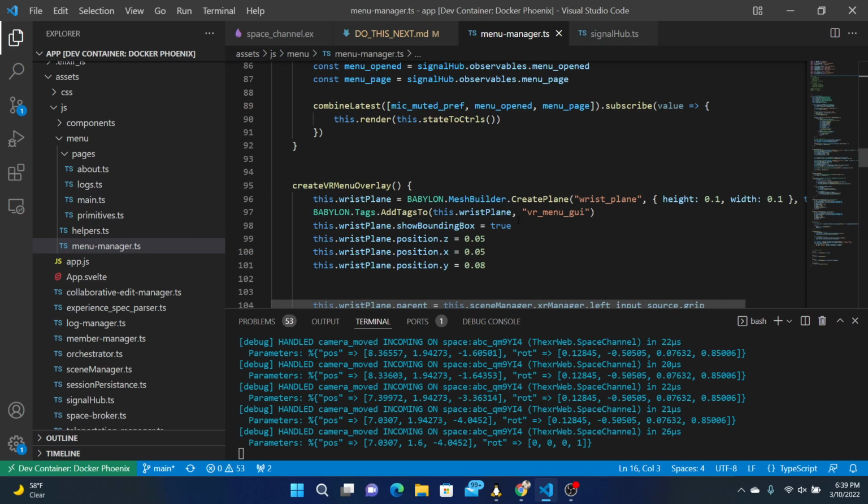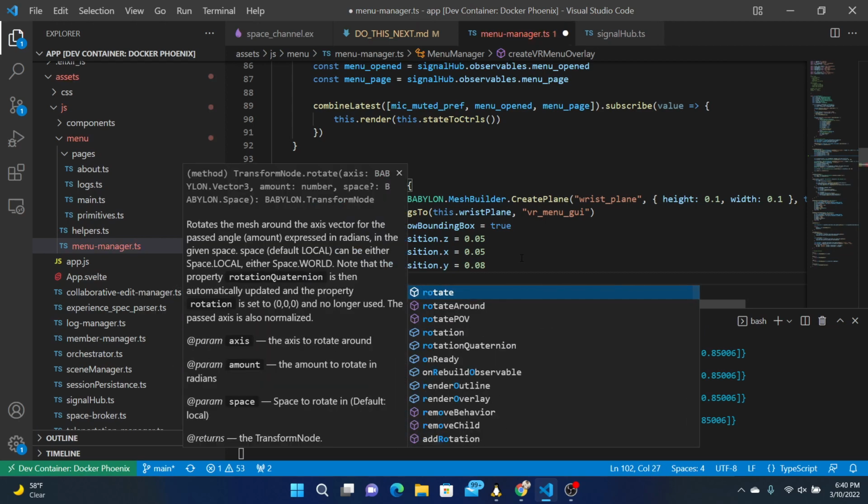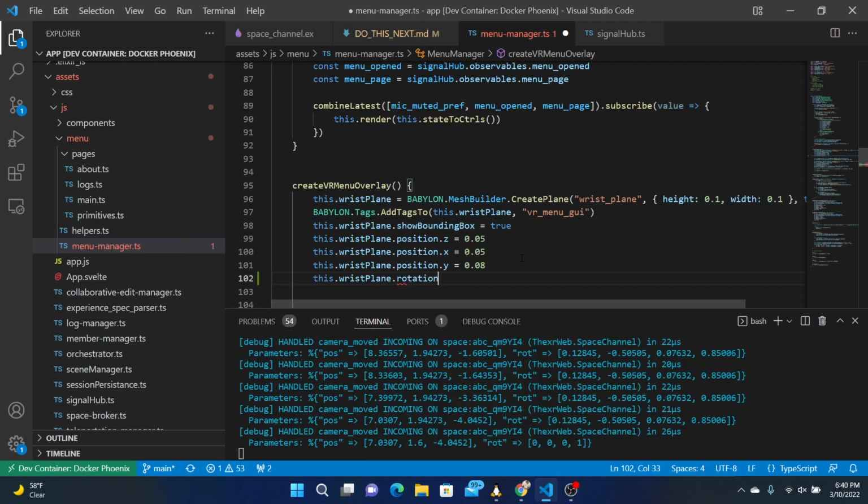Wrist plane position. Let's also modify this wrist plane rotation. Rotation in the